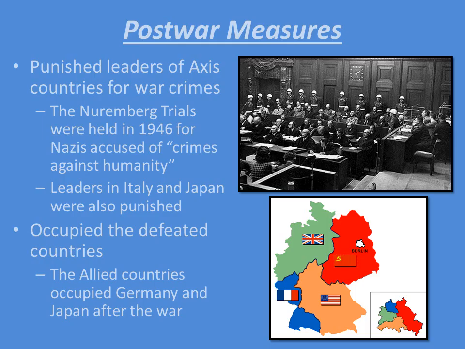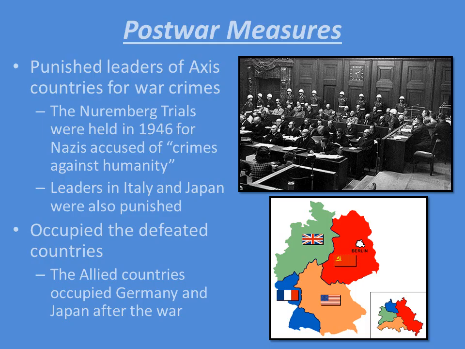This didn't happen after World War I, so as a result, Germany was in absolute shambles, and that sort of allowed Hitler to come to power, which is obviously not good. So the Allies decided to occupy Germany and Japan to help them set up a functioning government so that these bad economic situations wouldn't happen again, these dictators with crazy ideas wouldn't come to power, and all of that. Now, the occupation of Germany and Japan are both going to cause some trouble between the United States and the Soviet Union, and that's the beginning of the Cold War, which we'll talk about here in a second.